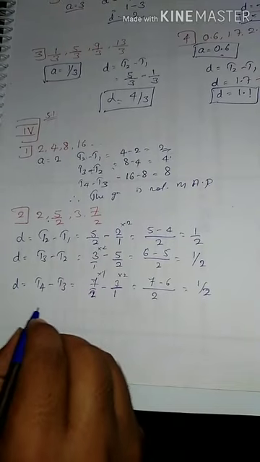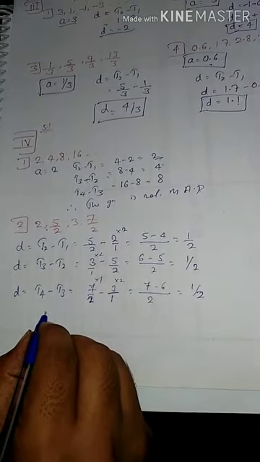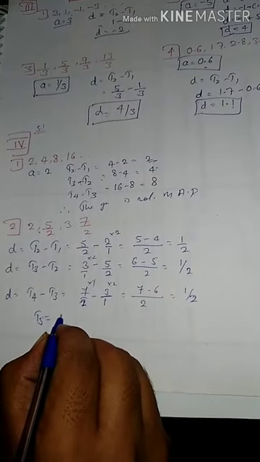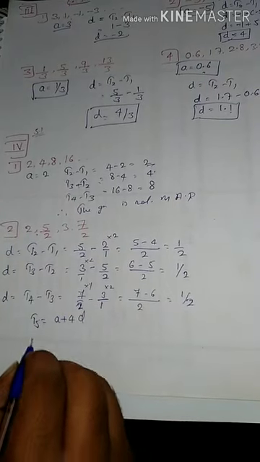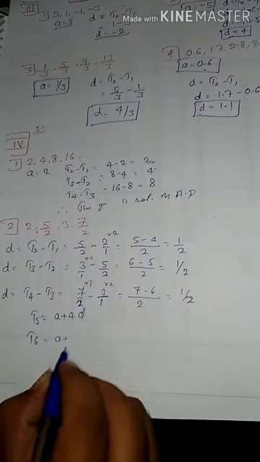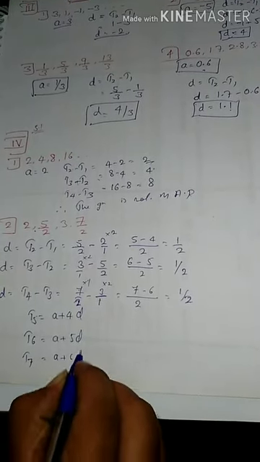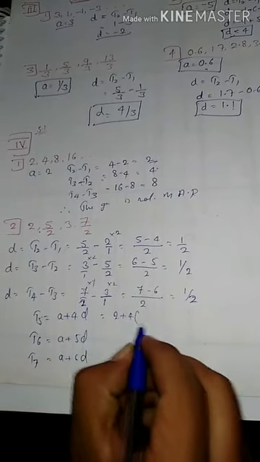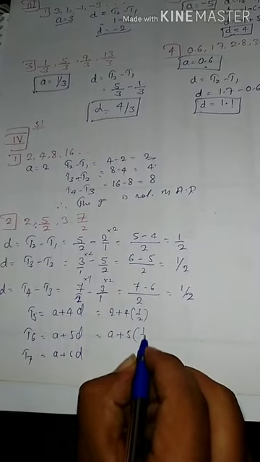And the next three terms of the AP are t5 is equal to a plus 4d, t6 is equal to a plus 5d and t7 is equal to a plus 6d. So a is 2, plus 4 into 1 by 2, a plus 5 into 1 by 2,